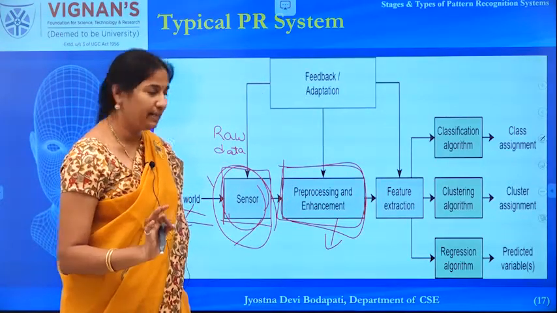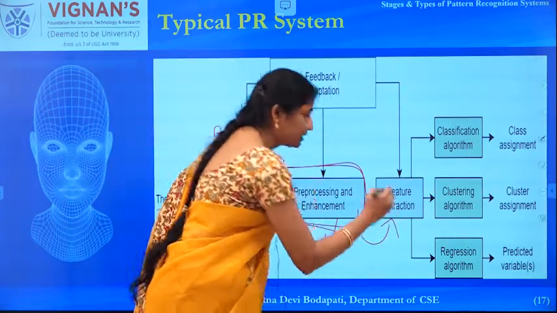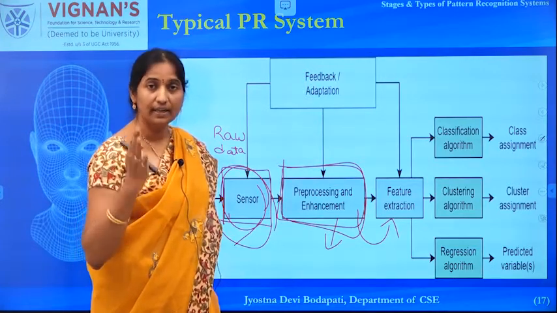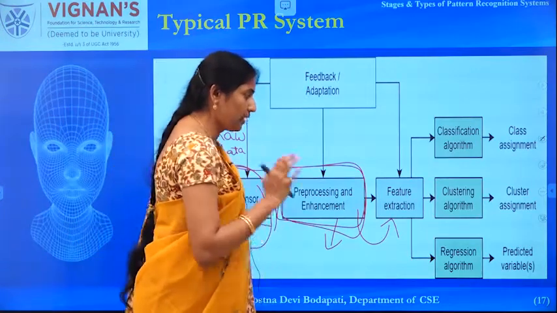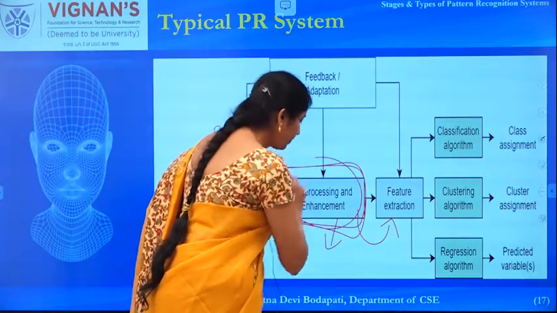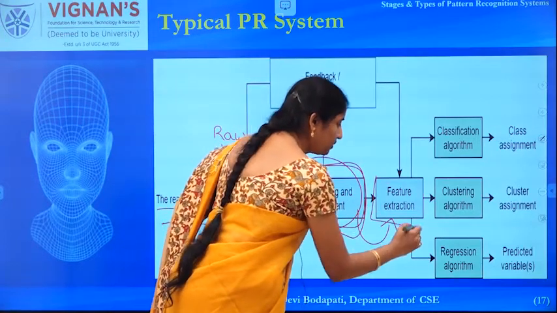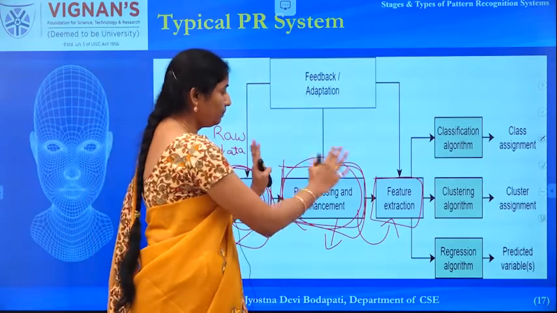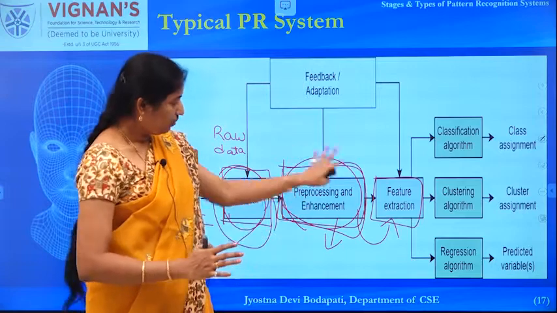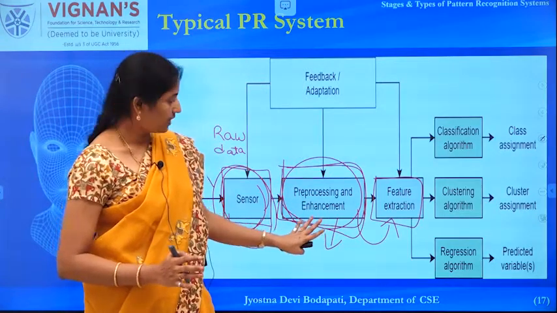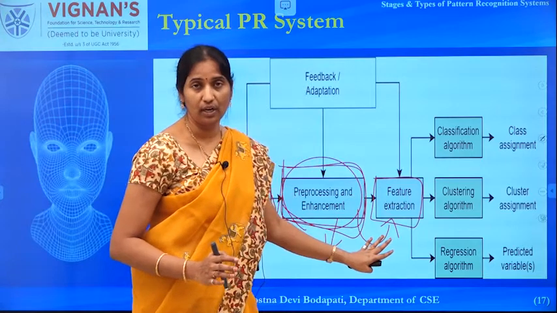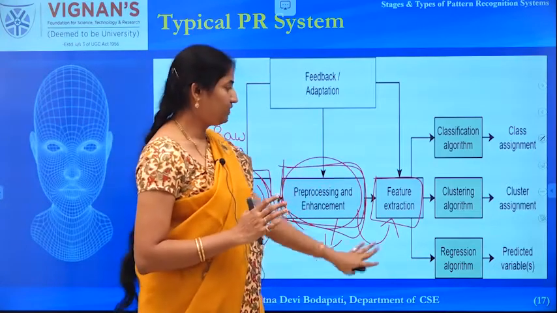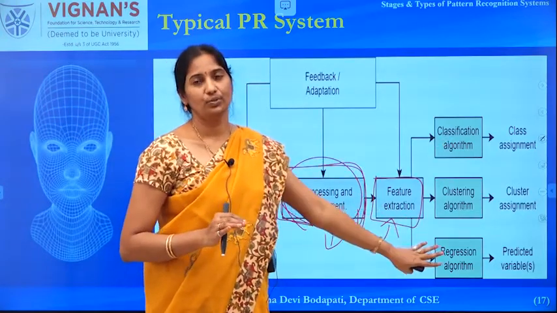Once you have the clean data, then you can apply what we call feature extraction. We will see in detail what feature extraction is and what the various algorithms available for feature extraction are, but just try to remember. We apply feature extraction algorithms on the clean and processed data. Basically, whatever type of data you give as input, after pre-processing, if you give it to the feature extraction algorithm, it converts it to numbers, a numerical representation, because whatever type of data you have, that cannot be directly given to your